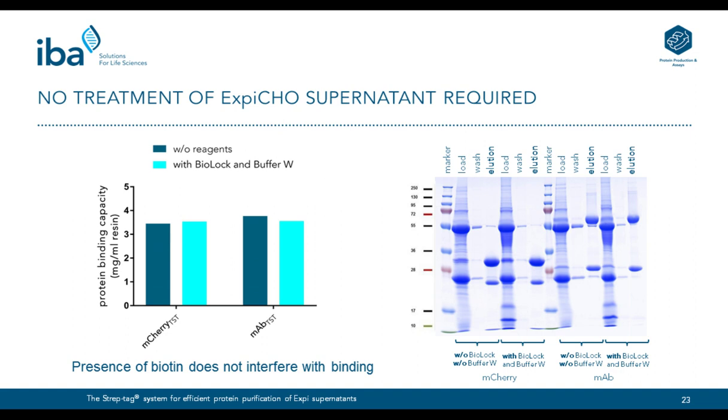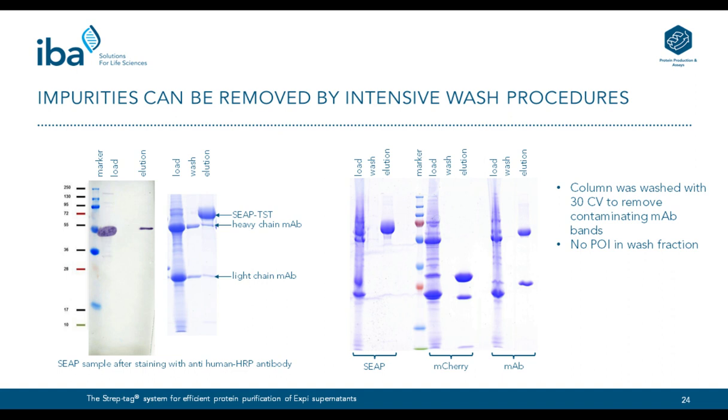So, as I've already mentioned, usually you would not have such a high contamination in your supernatant, and obviously our standard protocol with 5 wash volumes is not large enough in order to get rid of such a high artificial contamination. In order to prove this assumption, we used here a supernatant where we spiked secreted alkaline phosphatase into the ExpiCHO supernatant, and in the SDS-PAGE gel in the middle, you can see the Coomassie gel of this purification. You can see that we have the 2 antibody bands in the elution fraction of the secreted alkaline phosphatase elution,